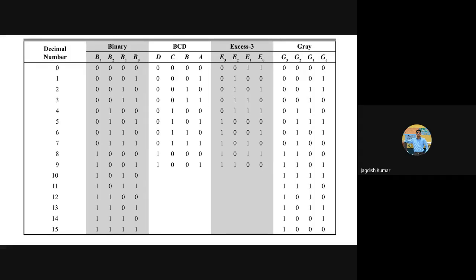So 10 actually can't be written in 4 bits. You have to write down 1, 0, correct? Because it is also BCD code, for each digit, you have to use 4 bits. So 1 in excess 3 is 0100, correct? And what is 0 in excess 3 code? 0011. So what Subhash has written is correct.